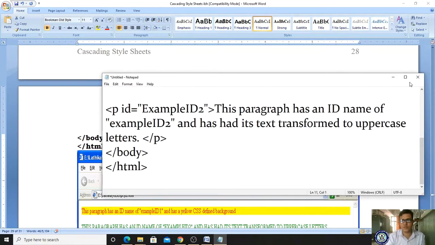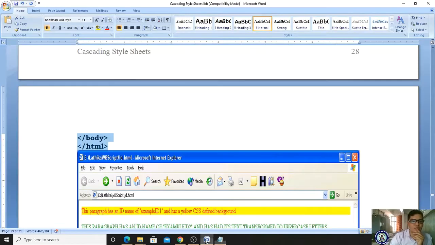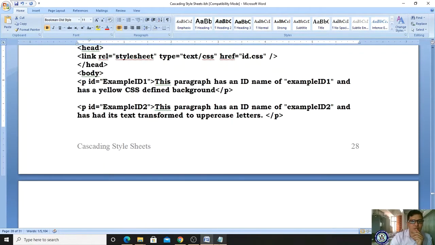Please observe here, this is the external style sheet. In the external style sheet, you are using the link tag, with rel as stylesheet and type as text/css. And here you have to give the address. What is the address? 12.css. In 12.css you are specifying the example id1. Wherever example id1 is there, you are specifying these styles. What is the style? Background color, and these are appearing, right?